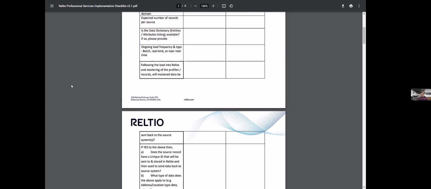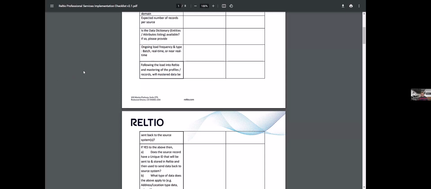If you are talking about pushing the data back to source systems, then we'll have to figure out certain nitty-gritties related to that integration. So we need to figure out how the data should go back to the source systems, what sort of integration patterns are required to sync the data back into the source systems. So these are pretty much the aspects related to the source systems.